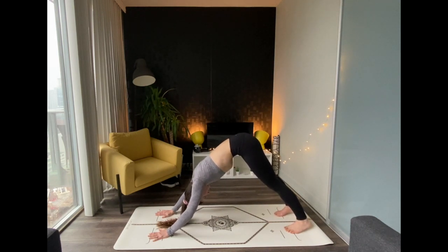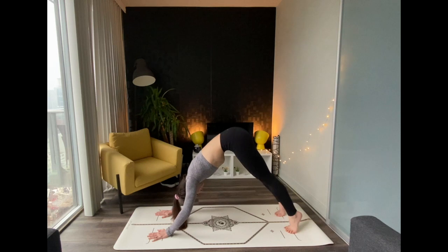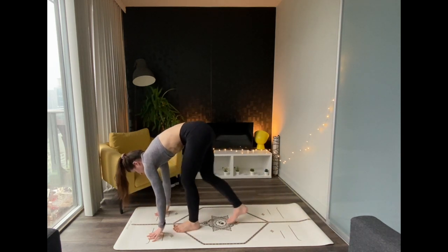And once you're feeling okay and steady, you can just stabilize and maybe shake the head no, nod it yes. Just let that neck hang and lengthen in the same direction as your spine. When you're ready, we're going to inhale, toes up, heels up, and we're going to walk to the front of